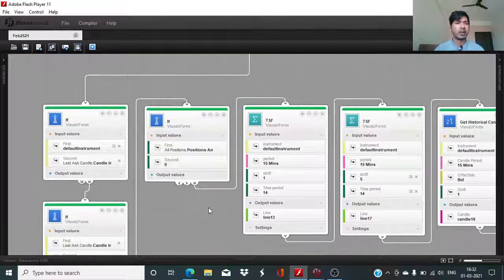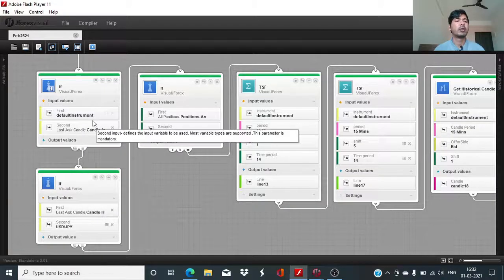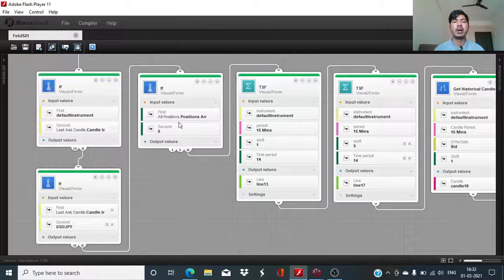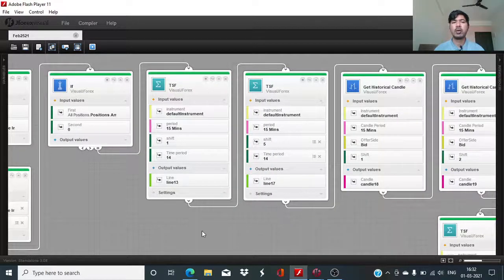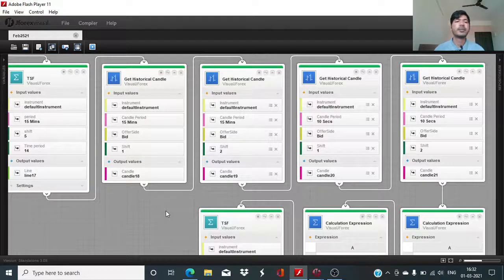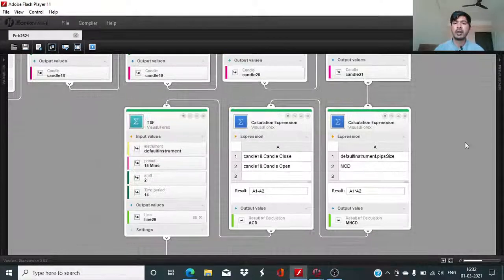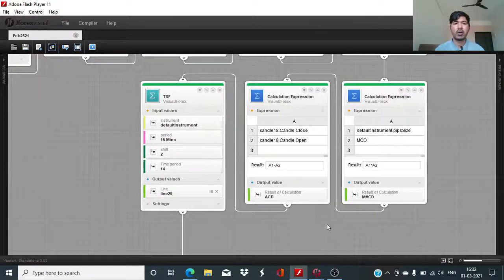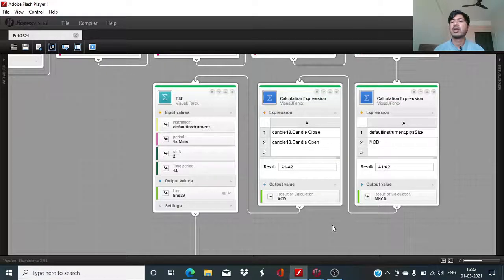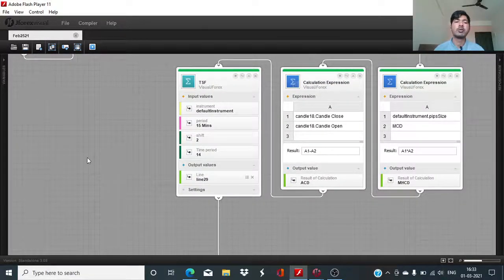This is the setup so far. We have added the instrument subscription. The default instrument has been set as USD JPY. Then the position amount defined 0. Then I got these time series forecast blocks of 15 minutes each, historical candle blocks 15 minutes each and then 10 seconds. And then to define the condition of minimum volatility of at least more than 3 pips, I have done this calculation. And to look at the actual difference between the closing and the opening price for the last 15 minutes